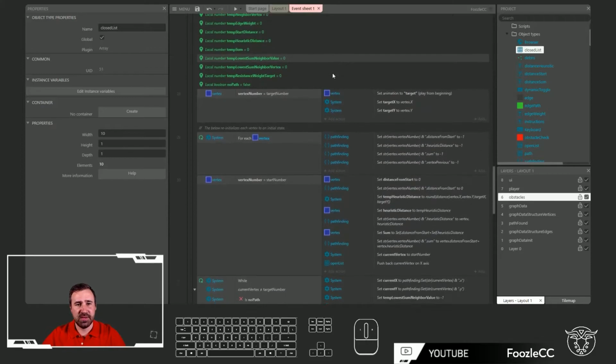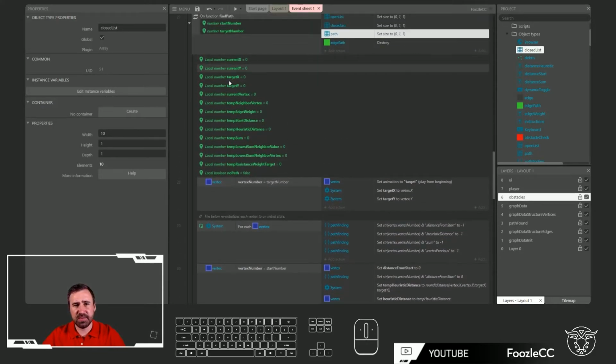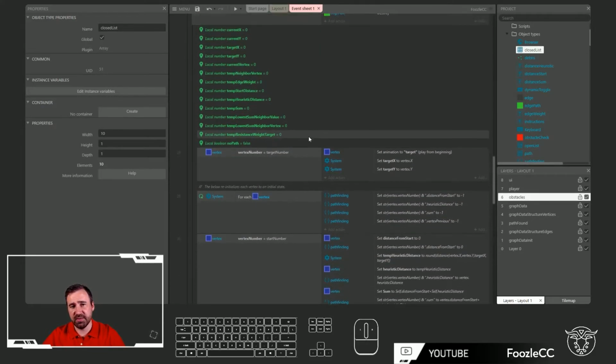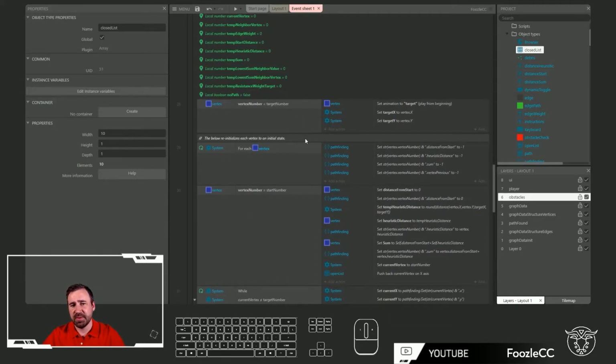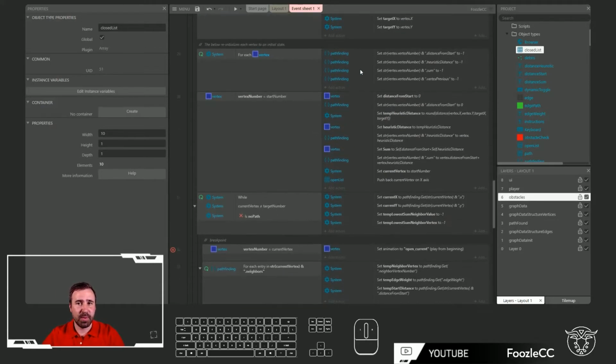So coming on down here, I've got a number of local variables I'm going to keep track of that's going to help me through this, right? But this is where we're doing that initial walkthrough that we just talked about, right? Where we're going to try to figure out, well, what is my exact starting distance plus what is my heuristic distance to get to my sum? And then I'm going to evaluate that against my other sums to see, hey, is this a good option for me? Remember,